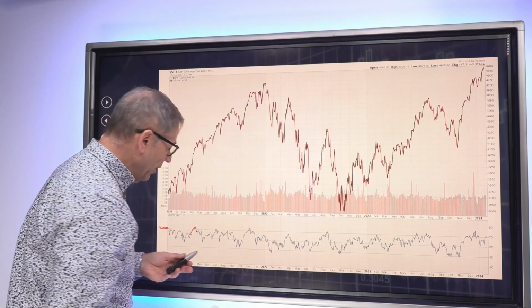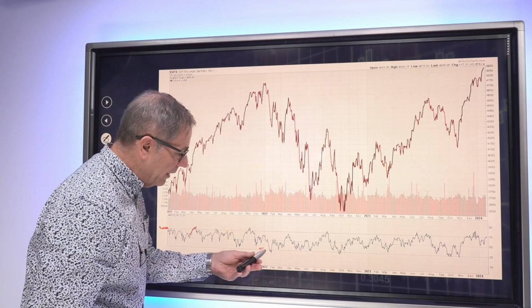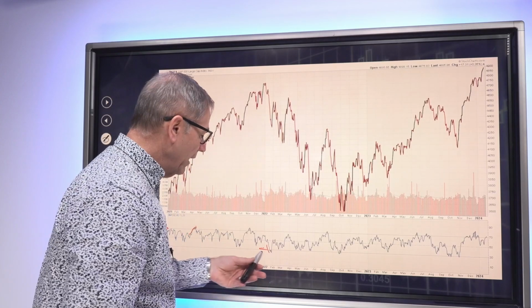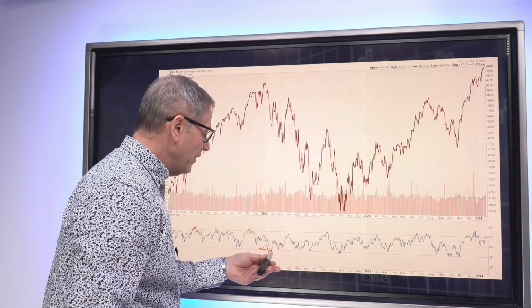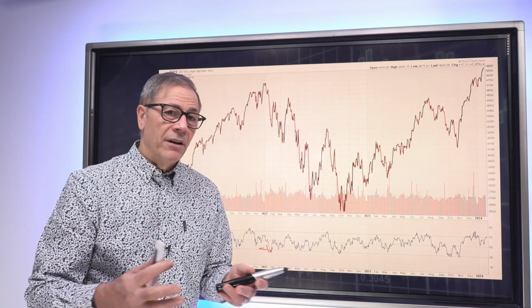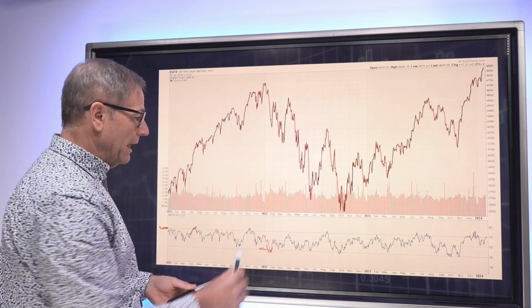And on the other side, if we take a look at the 30 line here, when the S&P 500 moves below 30 on the price momentum, that means the market's oversold. It doesn't mean that the market's about to rally, but typically investors will use this when the RSI moves higher here, above 30, as a signal that it's a good time to get into the market. That's a classic example of the use of the RSI. There are other ways to use it, but that's a classic example. Let me show you an example of that.